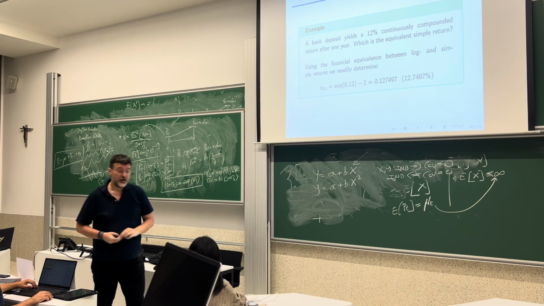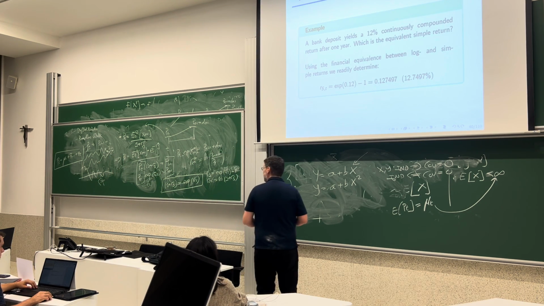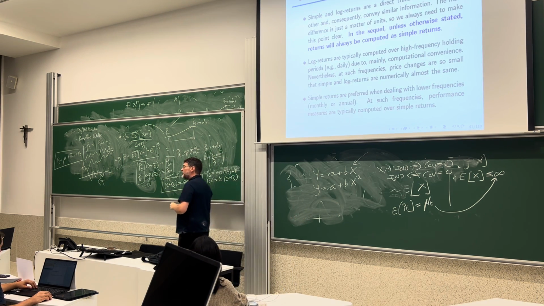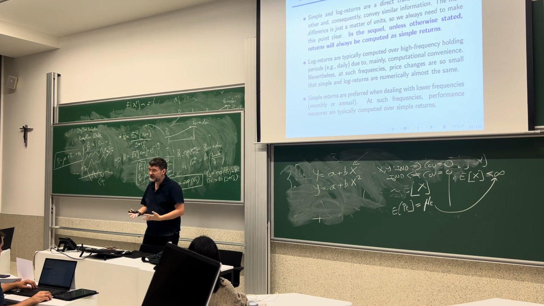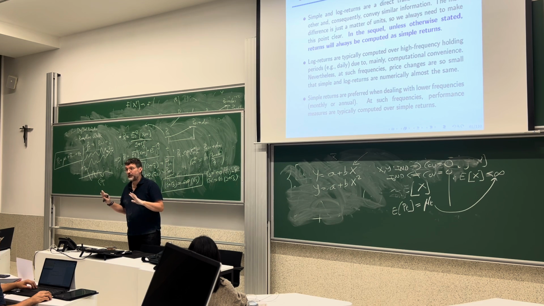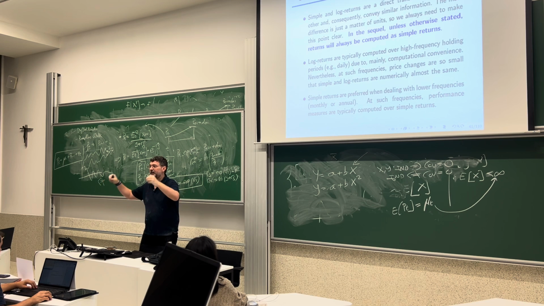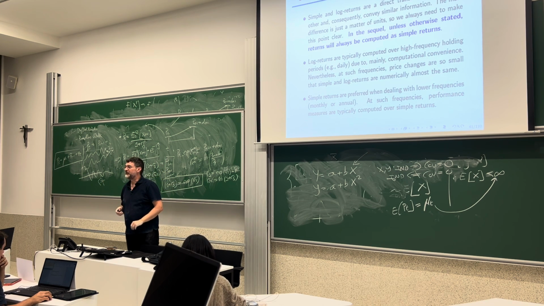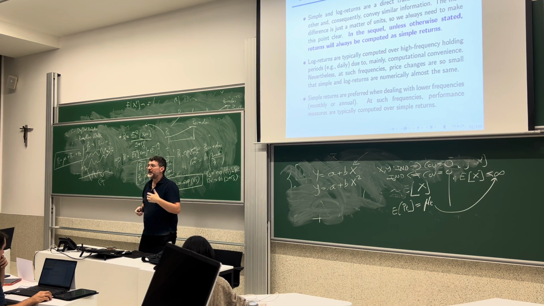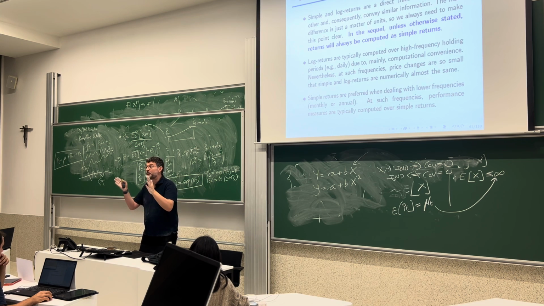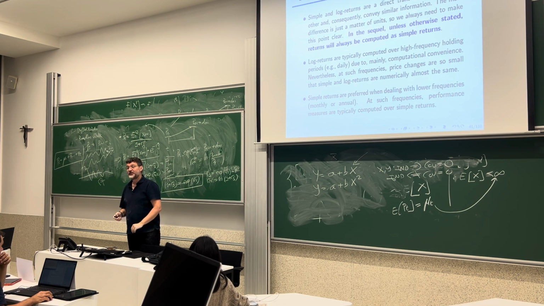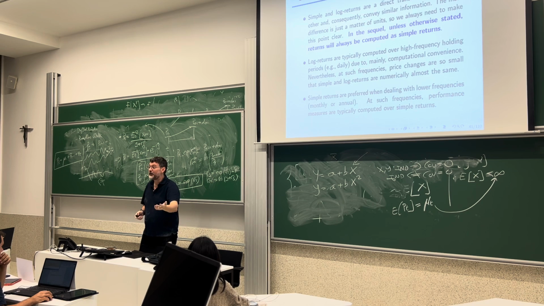Okay? So, like I said, guys, it's up to you, but you need to decide, and you need to make clear the units. In my lecture notes, we by default work with simple returns. So this is the statement. Whenever you see return, what I have in mind is the simple return. The properties are the same. Do I observe a different degree of kurtosis, a different sort of picture when I plot log returns or simple returns? No, because one is the transformation of the other. So if one is not normal, neither will be the other.